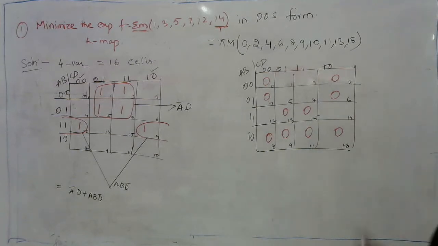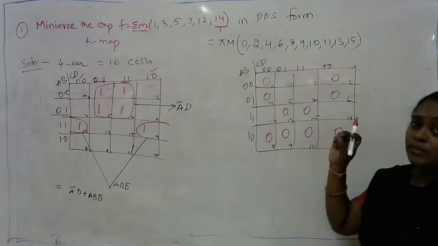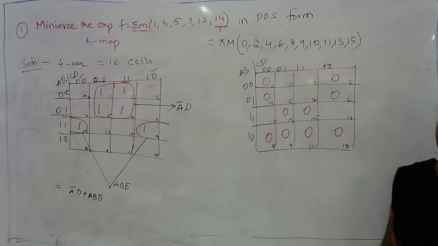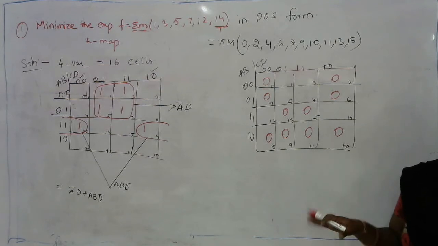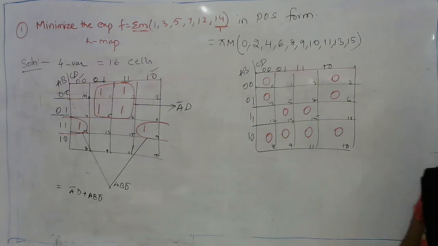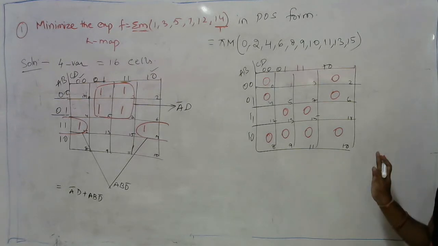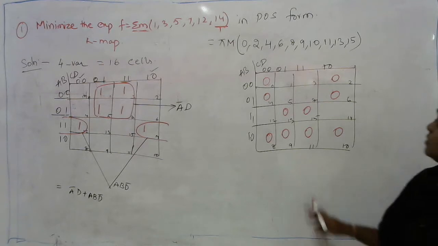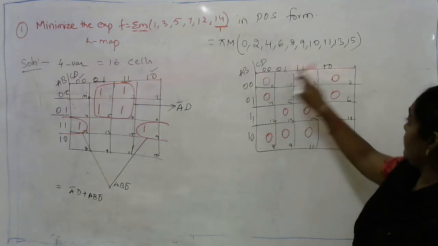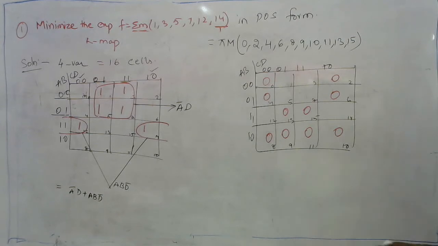Now, the difference between the SOP and POS is that whatever numbers are not there in the SOP will be in the POS, and wherever in case of an SOP expression we place ones, in case of a POS expression we keep zeros. The next step is grouping, which is the same whether it is an SOP expression or a POS expression. Here the total number of zeros is 10, so we cannot group 10; the maximum we can group is 8.